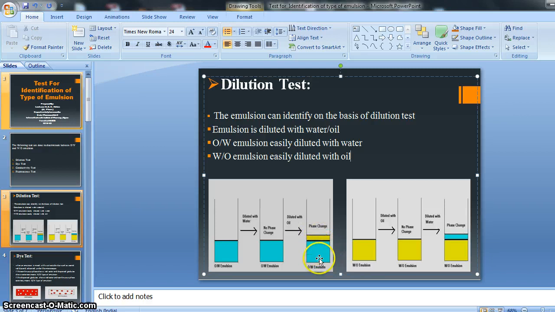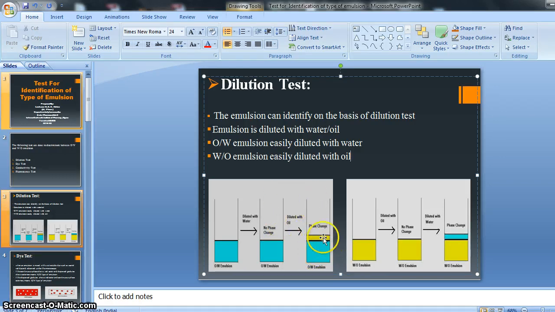If it is OW type and we add water, the phase will not change. Look, these look similar after dilution also. If we add oil, there is a phase change, a separation of two phases.